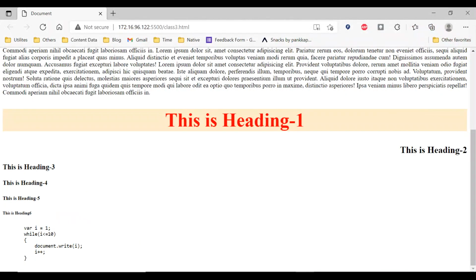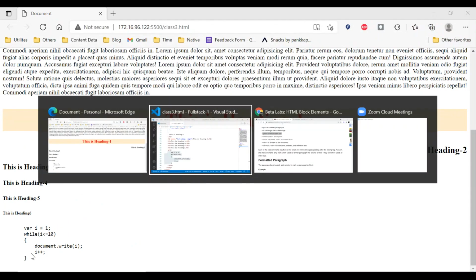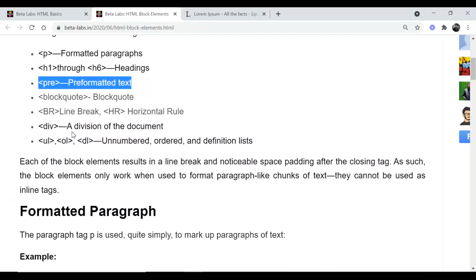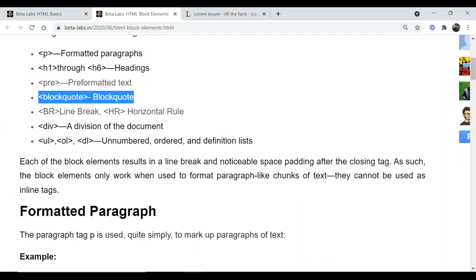Okay. Now the next tag that I'm going to explain, the next block level element, is called blockquote. Before explaining this, I want to discuss what actually a quotation is. Quotation means to highlight the text. And for highlighting the text, generally in English, we use double quotes. So that text means something different, something with emphasis. Okay. So how can we emphasize some paragraph in our HTML document? We can use the blockquote tag.